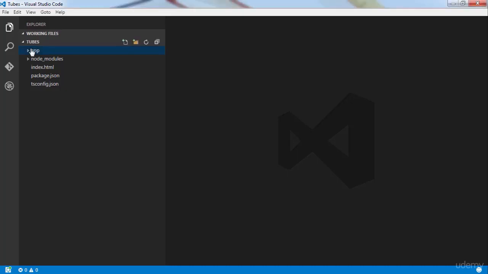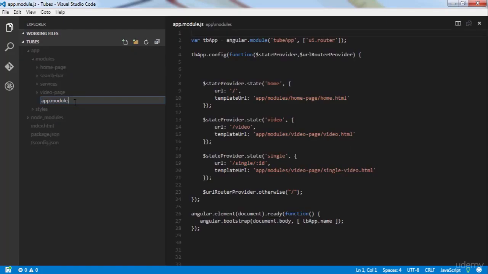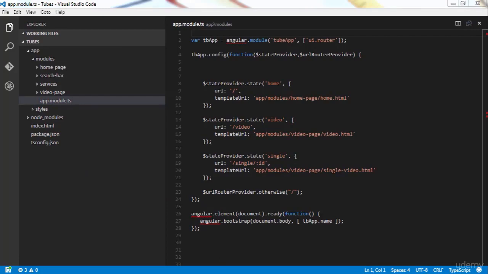First, let's go into our app folder, and then into the modules folder, and then to the app.module.js file. We're going to rename this file to app.module.ts. Now, if you notice, this file has our module definition, our routing config, and our bootstrap function. For this app, I did not use ngapp and instead used the bootstrap method. Fortunately, we don't need any of this code, and frankly, we can't use it in Angular 2, so we can